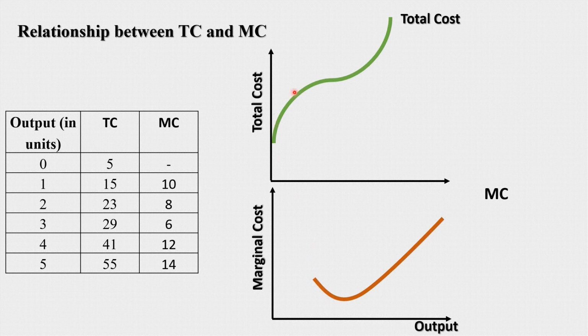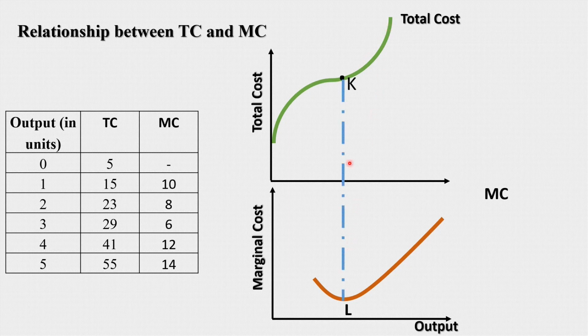The question is why the total cost is increasing at a decreasing or diminishing rate? Because the marginal productivity of labor is high. Since the marginal productivity of labor is high, it means total cost is less, and the cost keeps on declining till point K. From point K, there will be a change in the increasing ratio of total cost. After point K, total cost starts increasing at an increasing rate. Below K, total cost is increasing at a diminishing rate, but after point K, total cost is increasing at an increasing rate.